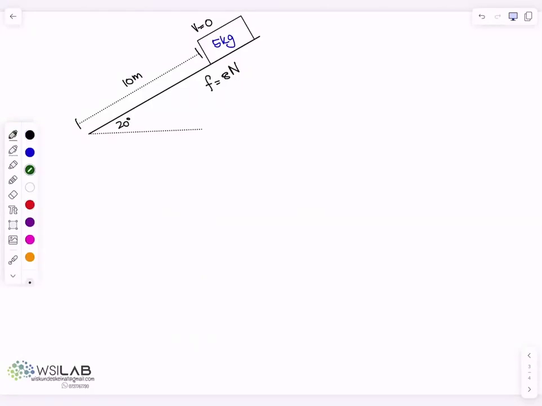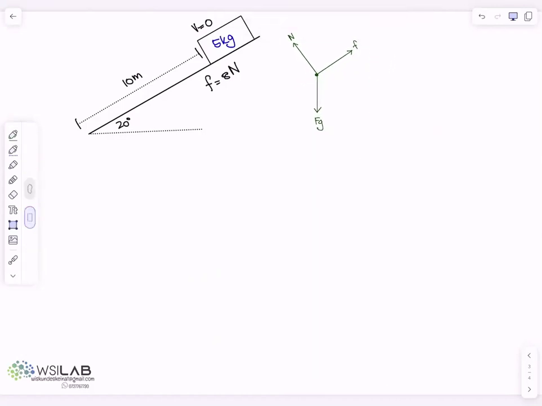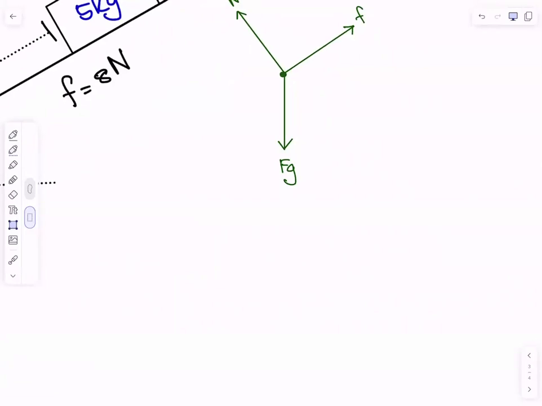Let's quickly just draw a free body diagram of all the forces. So we agree that there's a normal force, then there's friction in that direction, and then there's an FG component there. Happy with that? Again, this is the only diagram that's going to be marked correct in a CAPS syllabus. But I know that you are writing